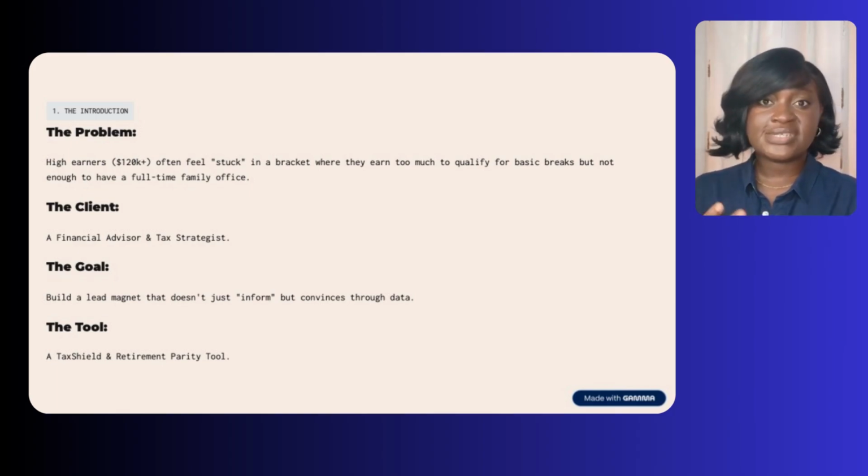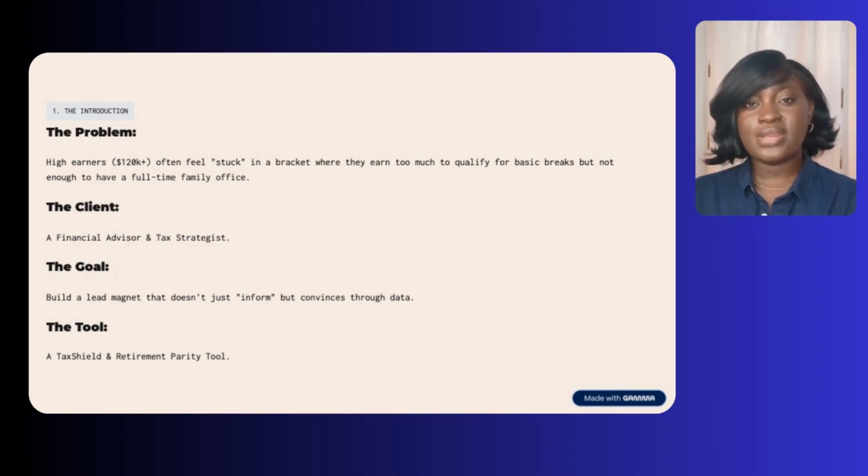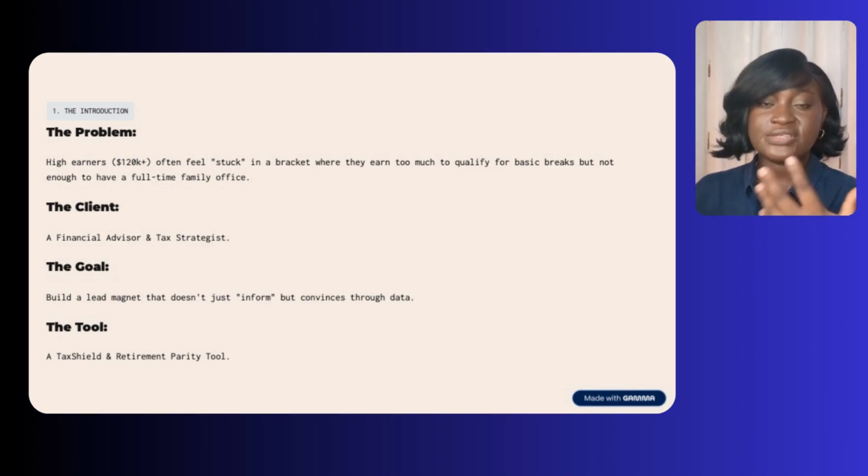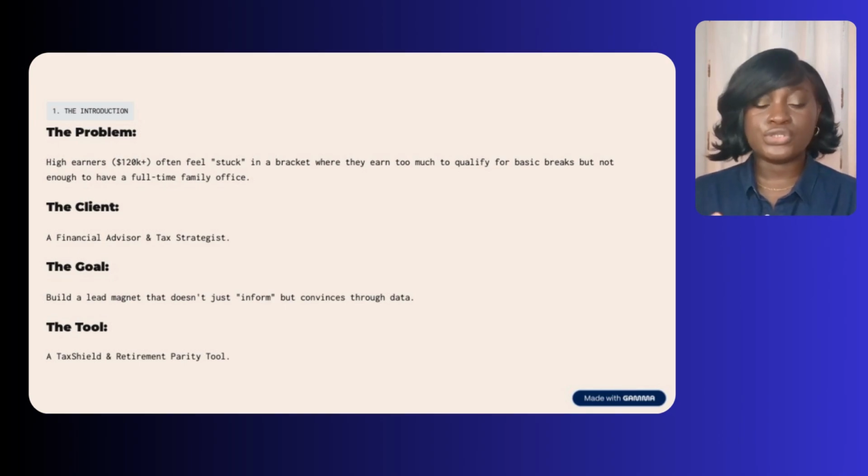Like I said, she's targeting digital entrepreneurs and freelancers doing over $120,000 in annual revenue. The basis for this entire service is that a lot of entrepreneurs in that group are always caught in between. They are earning too much to qualify for a lot of the tax breaks that other small businesses doing below what they're doing qualify for, but at the same time they feel like they're not earning enough to afford a full family size office. So there's always that dilemma of what to do. That formed the basis for our entire offer and also the ICP.